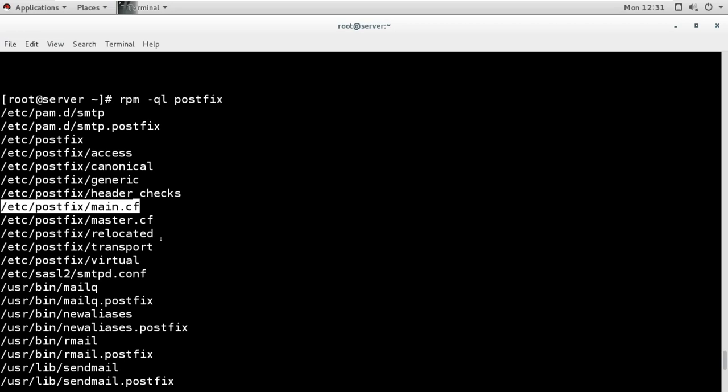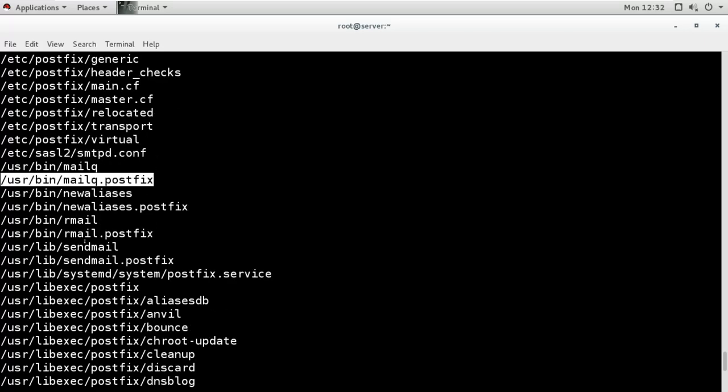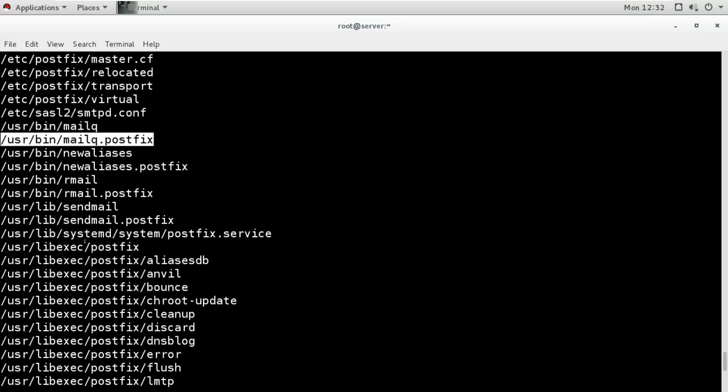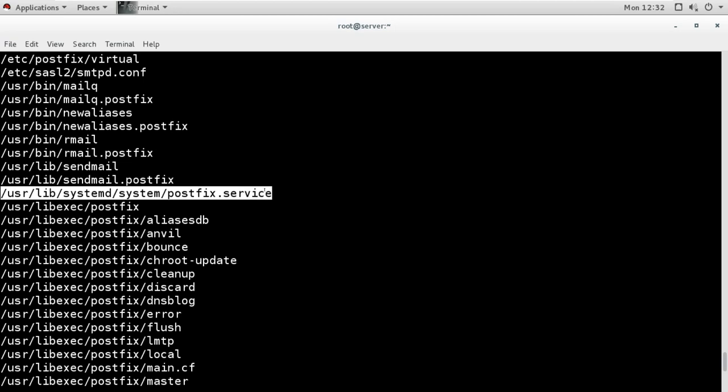Then we have some commands to check the queue in postfix, to check the aliases, and to use the sendmail of postfix. Then we have this as a service, and the name of the service is postfix.